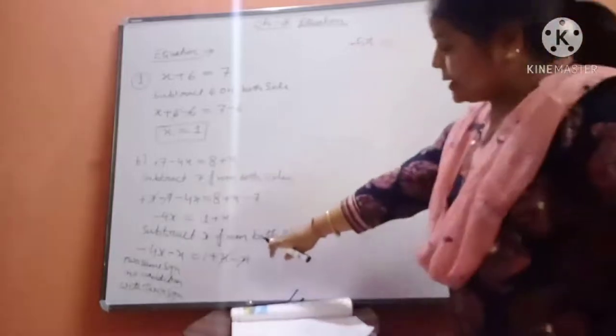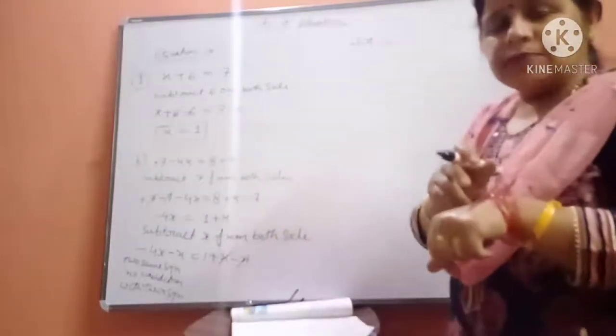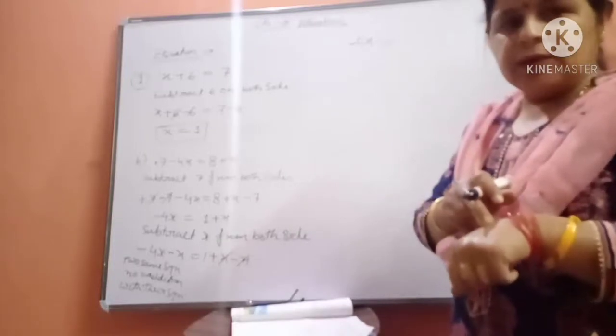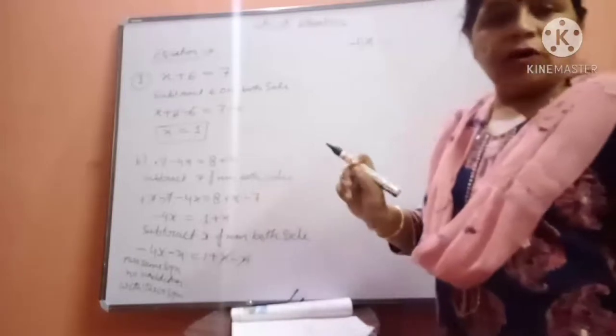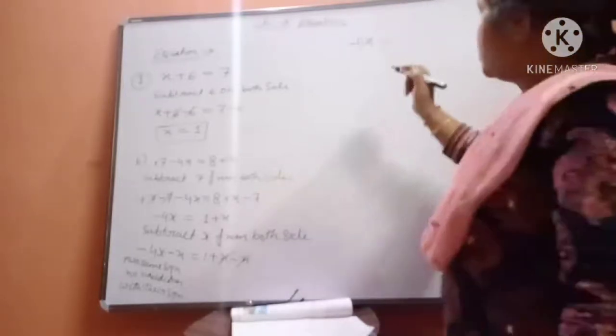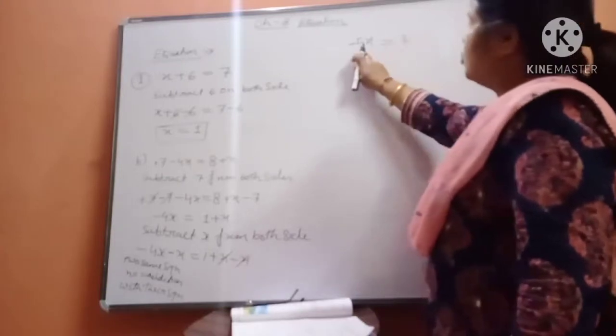Here x has been removed because in an equation, only when one side is arithmetic can we get the value. Otherwise, if x is on both sides, how will we get the value of that unknown x? So in this way we will remove that. Minus 5x is equal to 1. Now we don't want this 5.